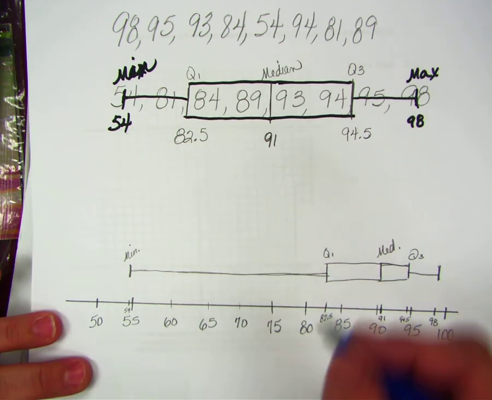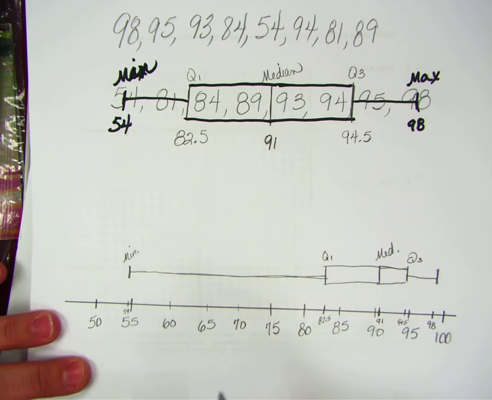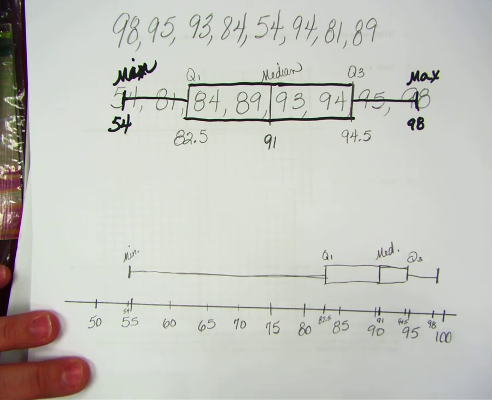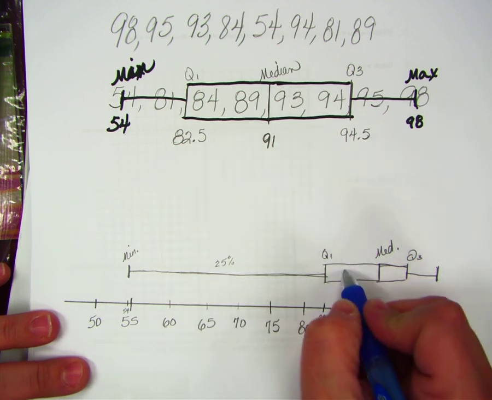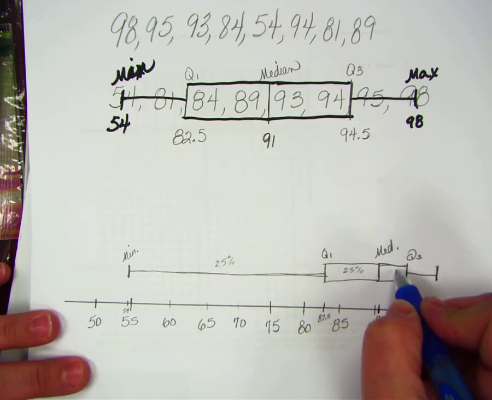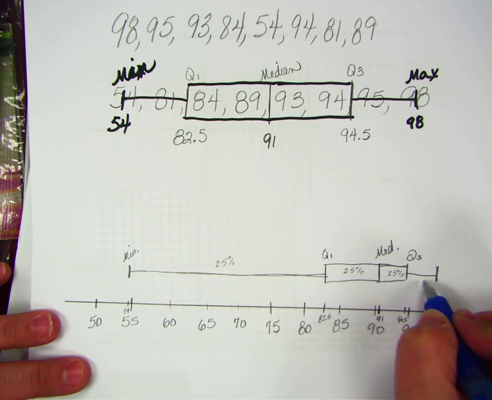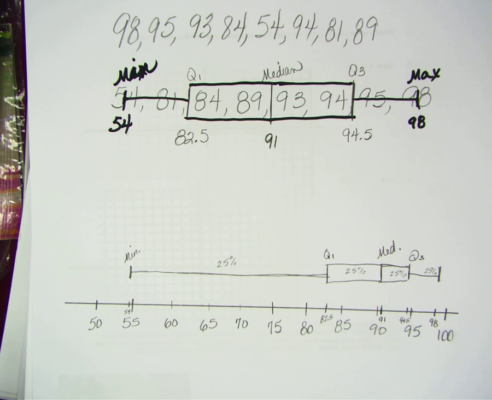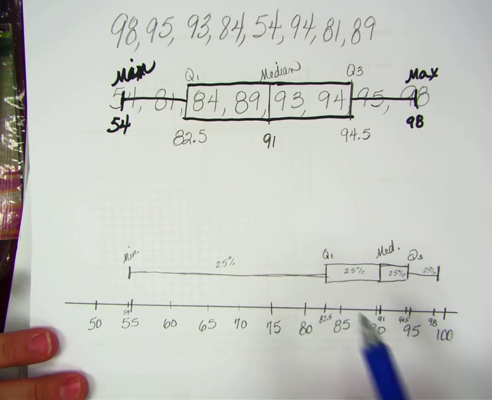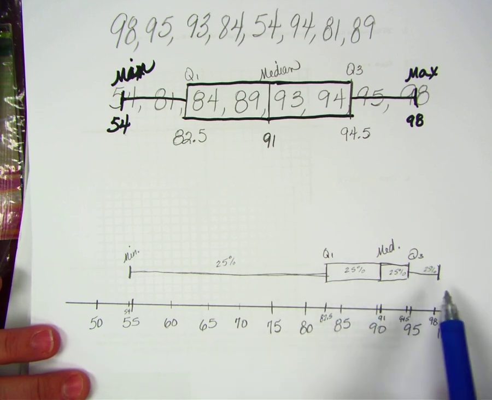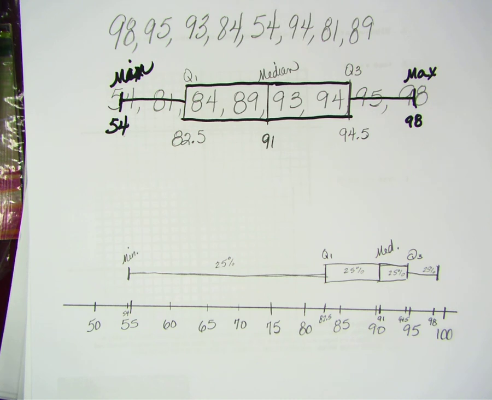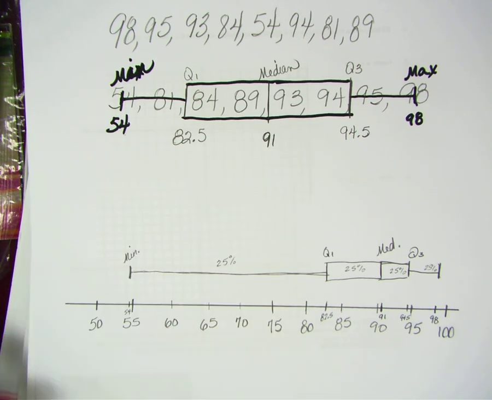Okay, things to remember about box and whisker plots. Remember that they break your data into 4 pieces, okay? 25% of my data is here. 25% of my data is here. 25% is here. And 25% is here. That's why they're called quartiles, quarters. All right? So 75% of my data is above 82.5. That means that most of the people made really high scores on this test, right? There was only one that's not so great. As a matter of fact, there were only 2